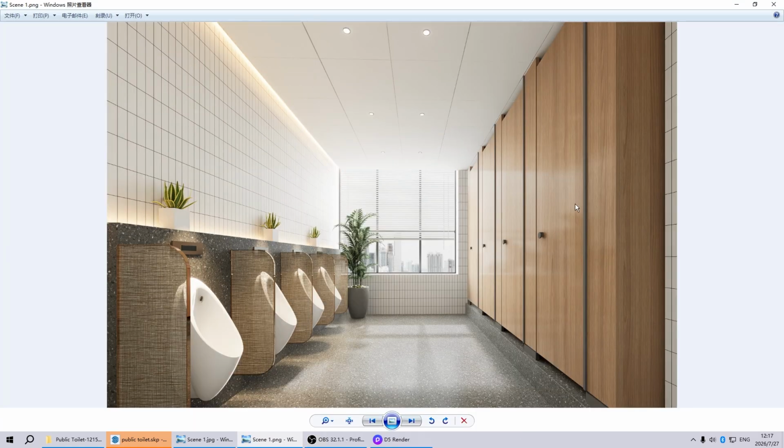This is our final rendering. If you want, you can fine-tune the materials and the lights. You can also download the SketchUp model